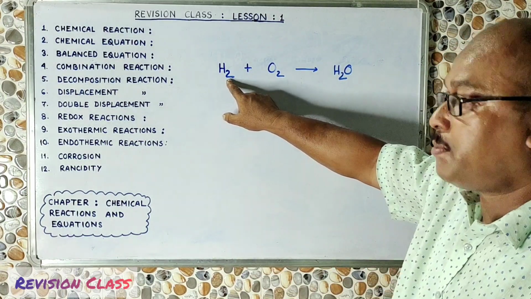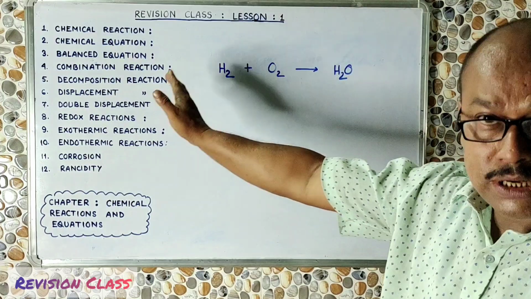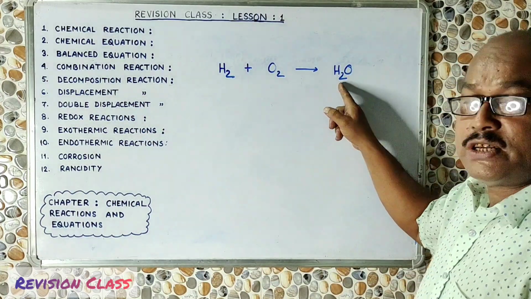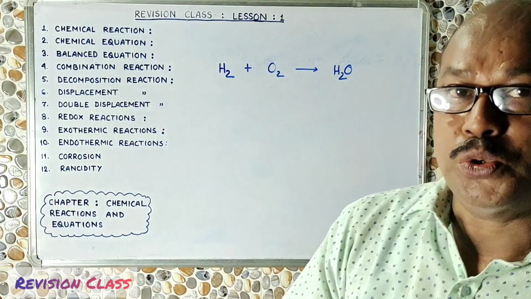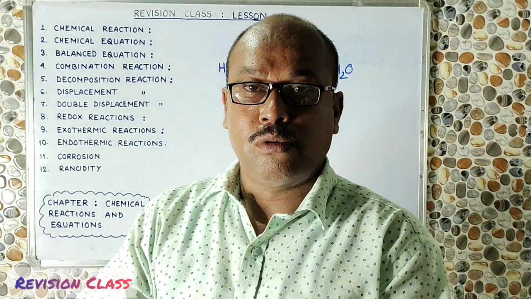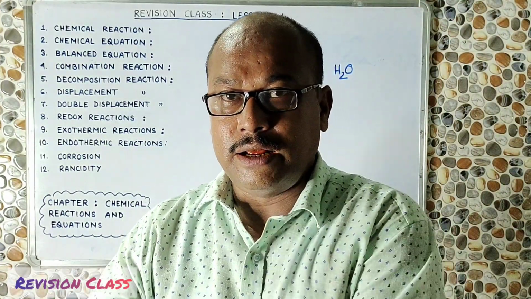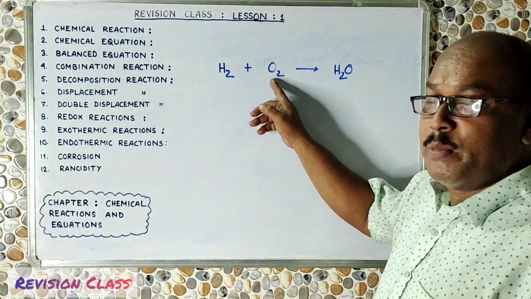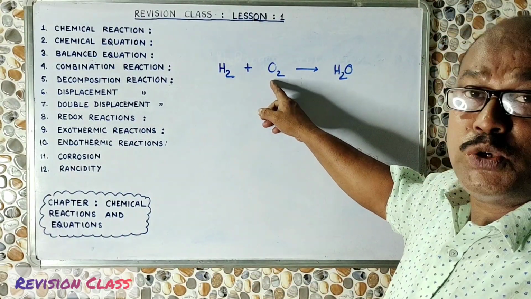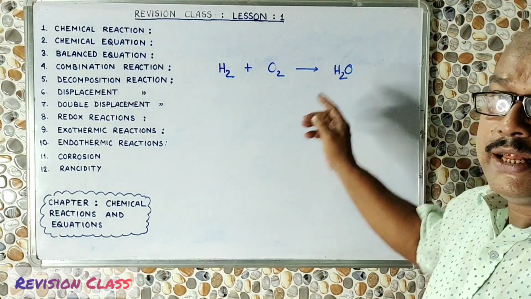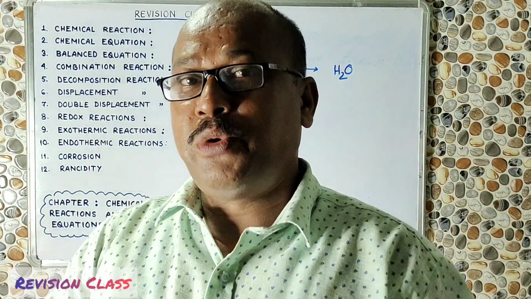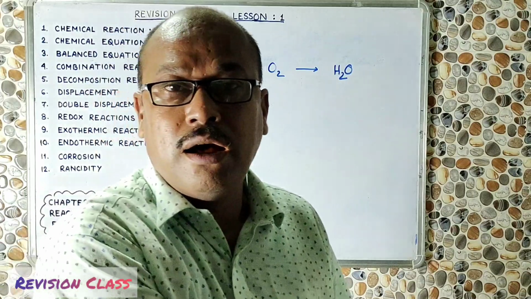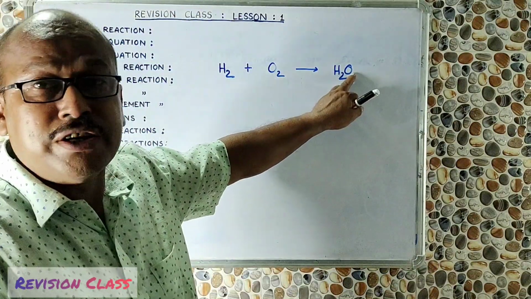2 hydrogen atoms are present on the left hand side, that is towards the reactant side. And how many hydrogens are present on the right hand side? That is also 2. So the number of hydrogen atoms on both sides, the reactant side and product side, are the same. Okay, now come back to oxygen. How many oxygens can we see? We can see there are 2 oxygen, but on the right hand side there is only 1 oxygen. So the question arises, what happens to the oxygen atom, where is it missing?